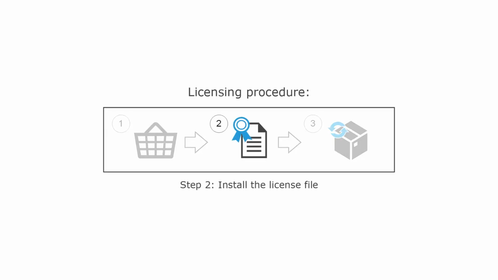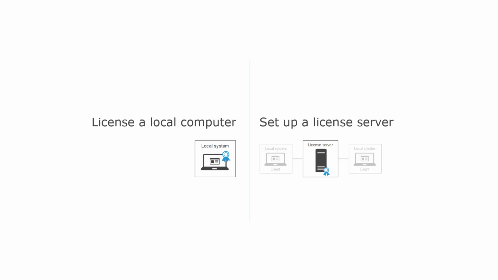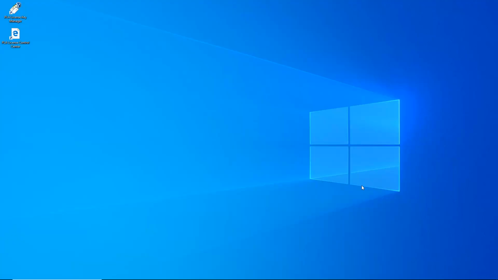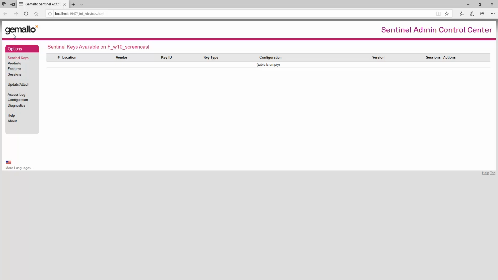In the second step, you install this file on the computer you want to license. If you set up PLA licensing through a license server, perform this step on the server, not the computers running PLA. After you have received the email from our sales team, open it and save the vendor to customer file attached to it. We start the PLA License Control Center by double-clicking the desktop icon. Here you can see, your computer is not licensed yet. Therefore you need the vendor to customer file you have received from us.